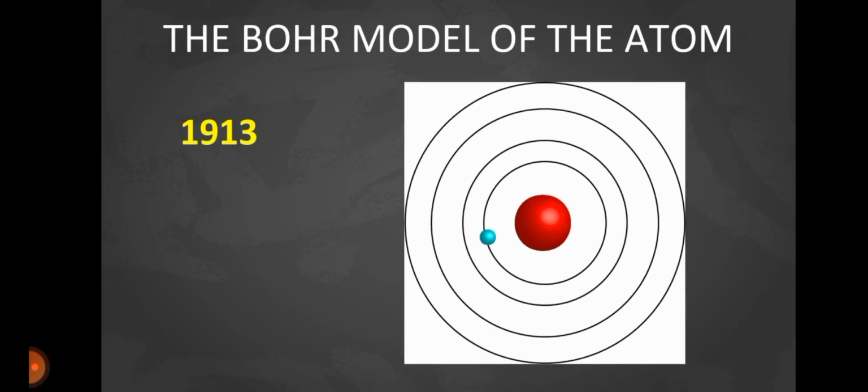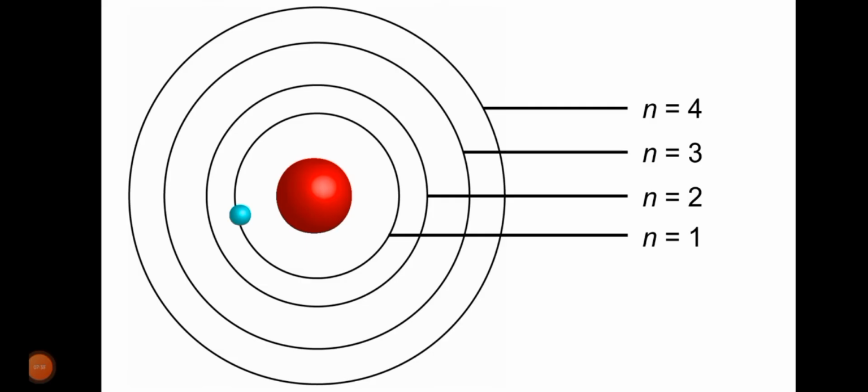So each line suggests an energy level of the atom. These energy levels are also called orbits or shell as they go around the nucleus. Sabi nga ni Bohr na bawat linya daw ay may iba't ibang energy level. Kapag malapit sa nucleus, mas mababa ang energy level. So tumataas yung energy level habang papalayo siya ng papalayo sa nucleus.